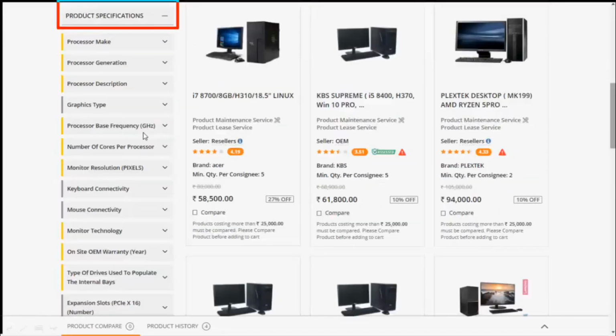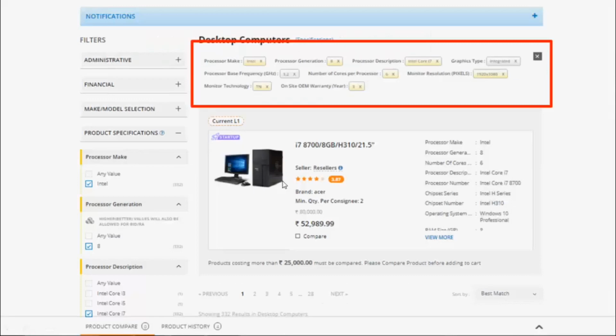Product specification filter allows you to search the product as per the required specifications. There are two types of parameter listed under product specification filter, that is golden parameter and others. With yellow color border on left side are defined as golden parameters. Golden parameters refer to the general specifications available for products which impact its pricing. After applying all desired filter, we can see our filtered market as shown in the screen.